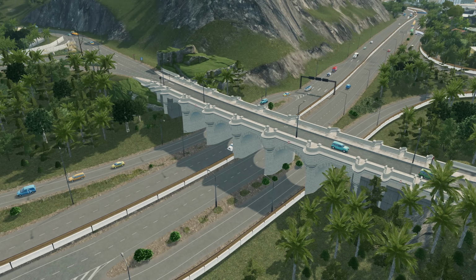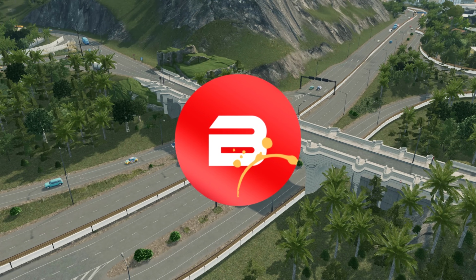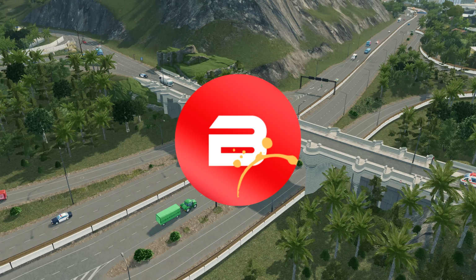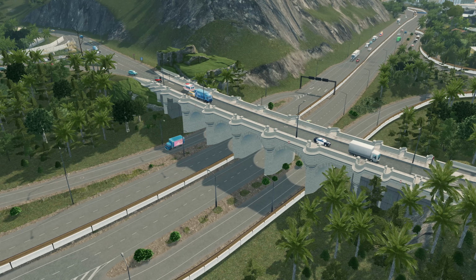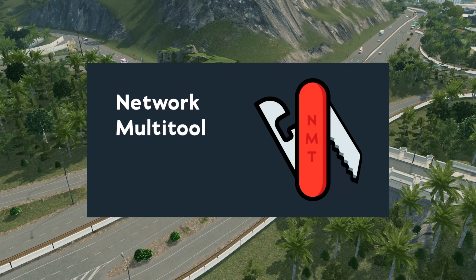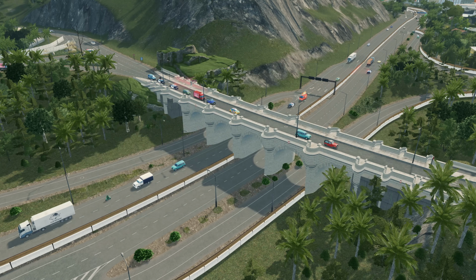Hello everybody, welcome back to the next episode of Cities Skylines with me, Biffa, and today I am doing a mod spotlight. Yes, we have the Network Multitool by MacSergey that we're going to be having a look at, and